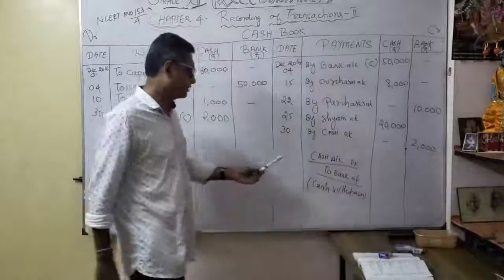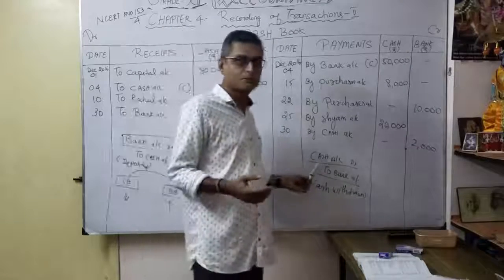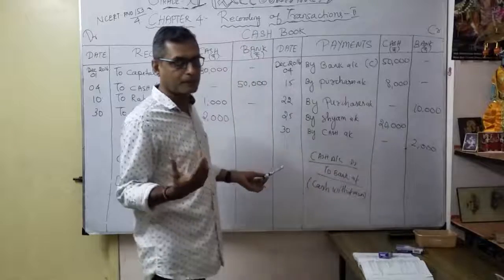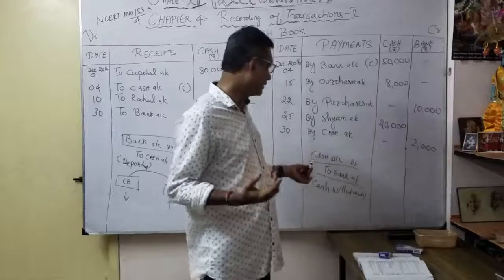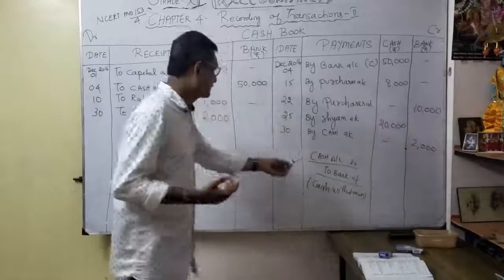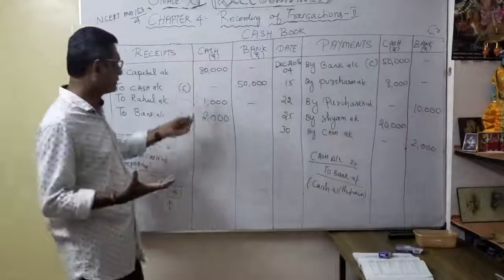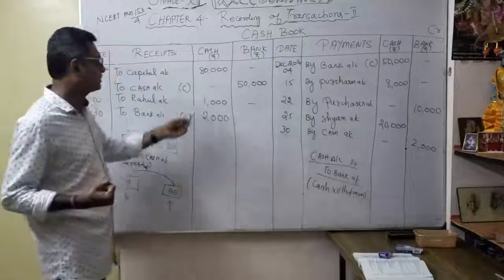I repeat once again. Cash account debit to bank account. That means what? Cash comes in. What goes out? Here, bank. A bank, as a person, any name of the bank, comes under a personal account. Okay. Here, real account, what comes in? So cash account debit to bank account 2,000. How? Our cash balance increased because it got cash from the bank. Cash.